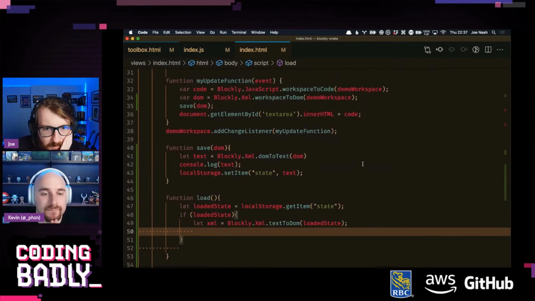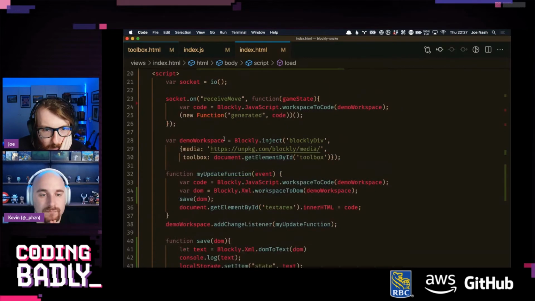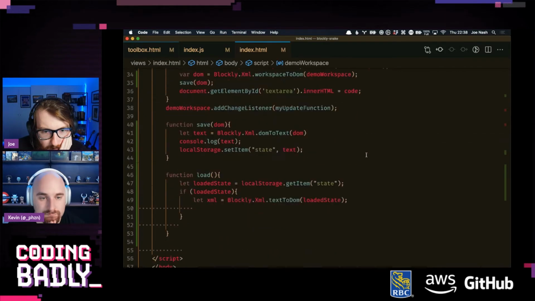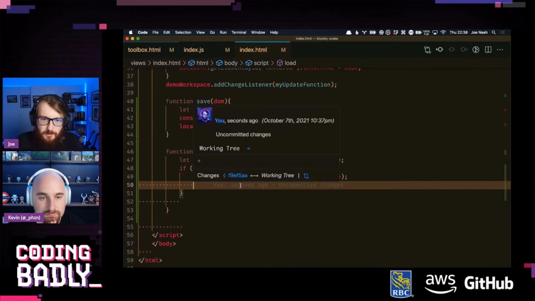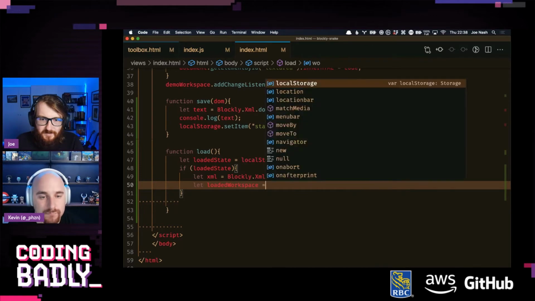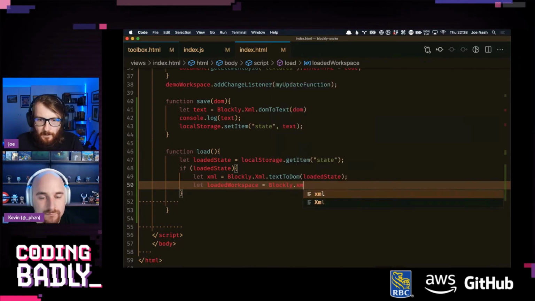And then we're going to be doing... Oh, yeah. How do we do this, actually? Because we need to build this new workspace. Here we're going to do something like DOM to workspace, I'm guessing.